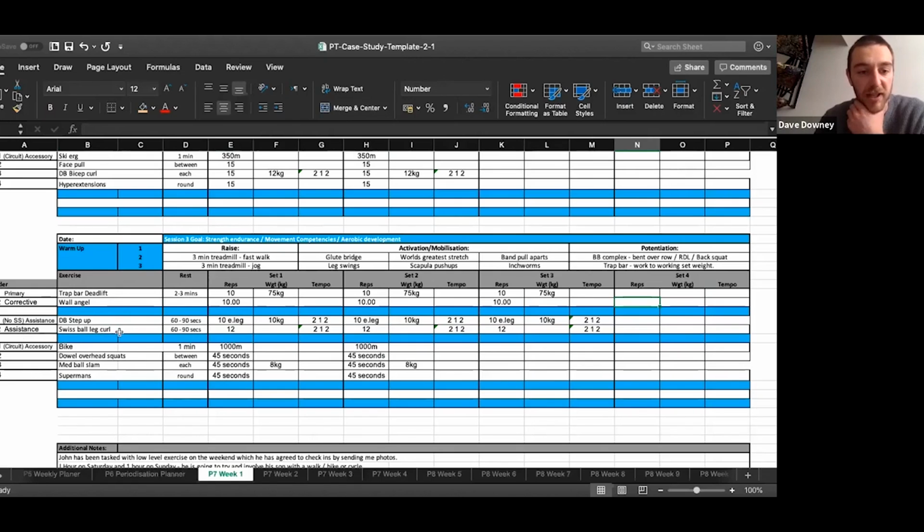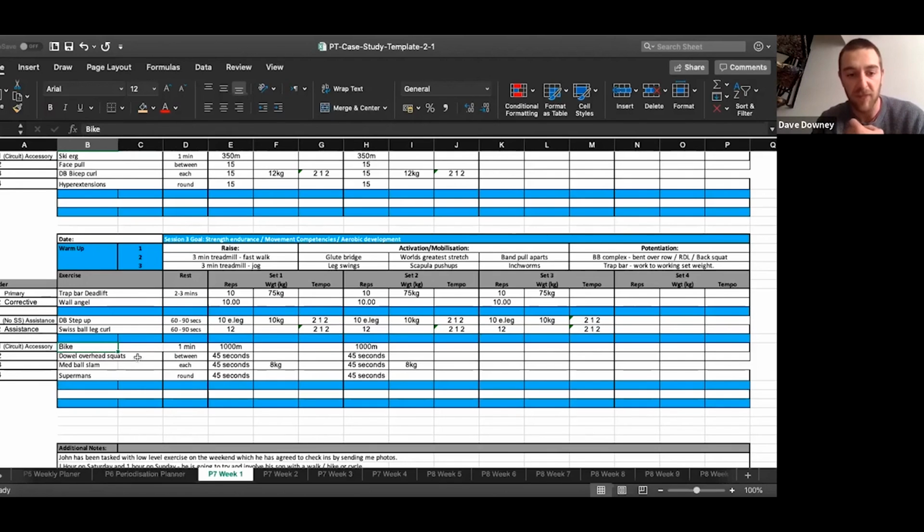And assistance work then, targeting the posterior chain, Swiss ball leg curl. Really nice, easy exercise to do. Targets the core, smashes the hamstrings. Really nice one to put in there for him, especially on that deadlift day. And then our conditioning here, we've got our exercise bike,